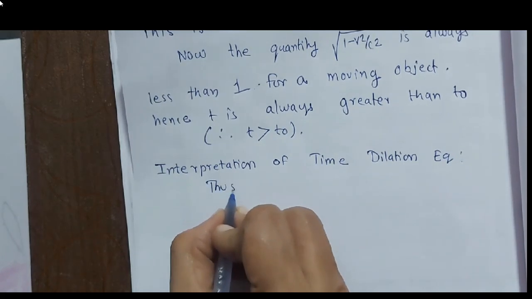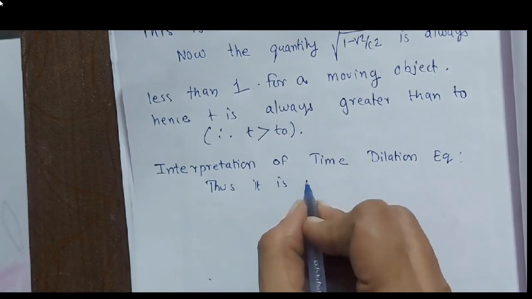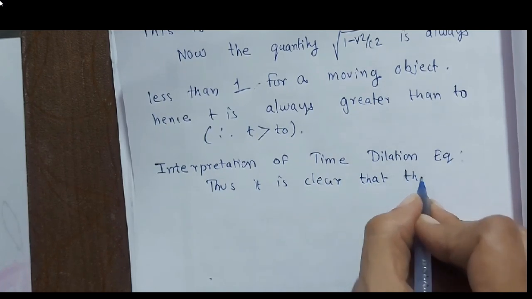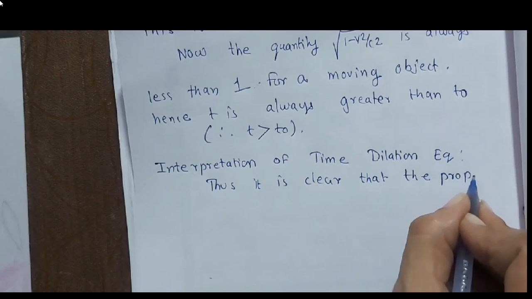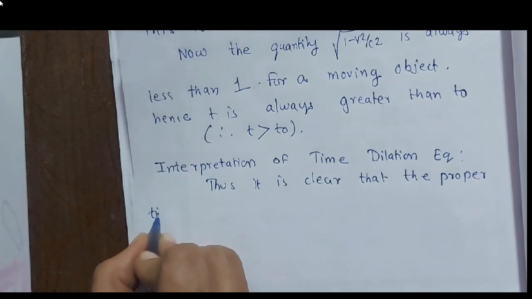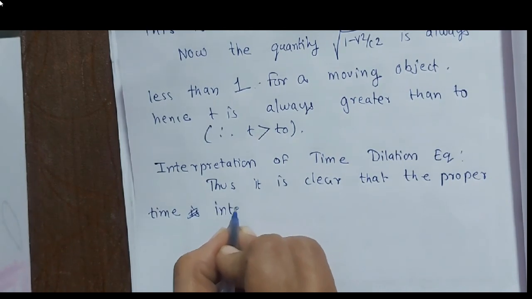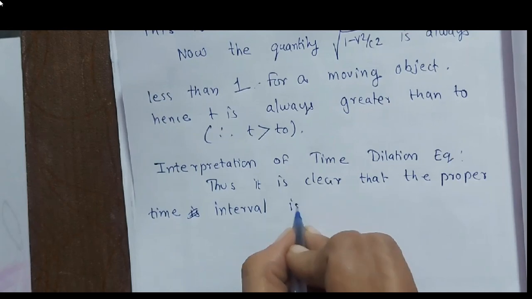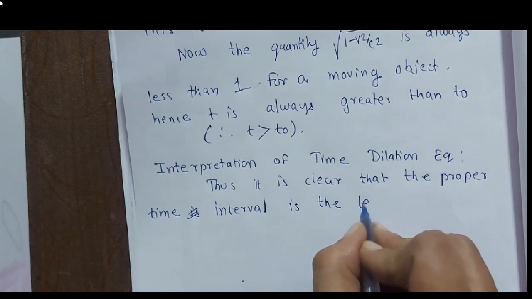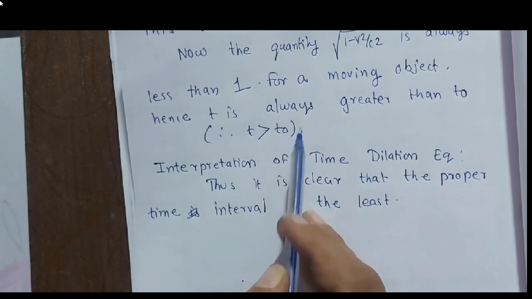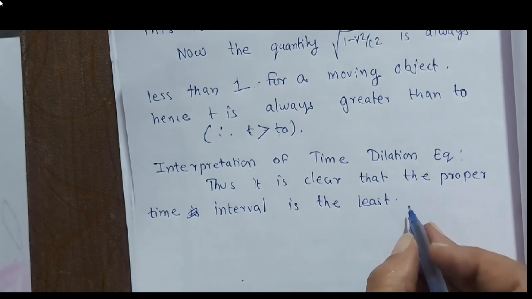Thus, it is clear that the proper time interval is least. Interval is the least from this equation. T is greater than t0. So t0 is least, and